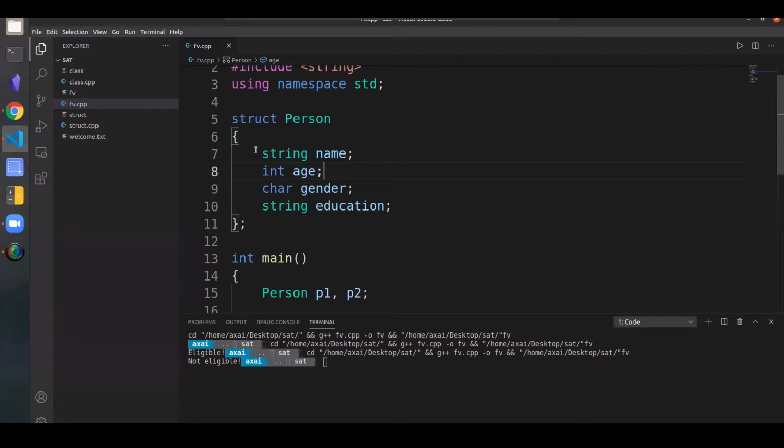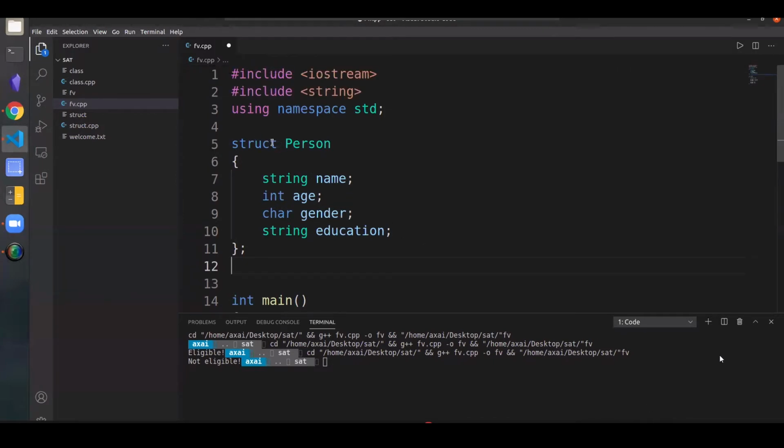It can have multiple members. I'll tell you all the technical details next, but basically this is what a struct means. It is a way of clubbing together different variables of different data types into a single entity. In an array, for example, in this particular array of size 10, I cannot store anything other than integers, because the data type of this array is int. But in a struct, I can store data of different data types.